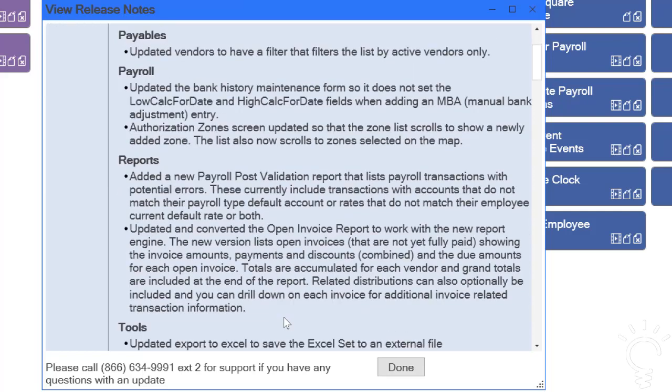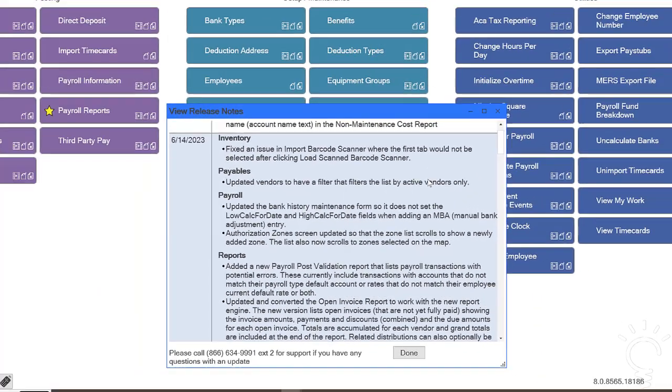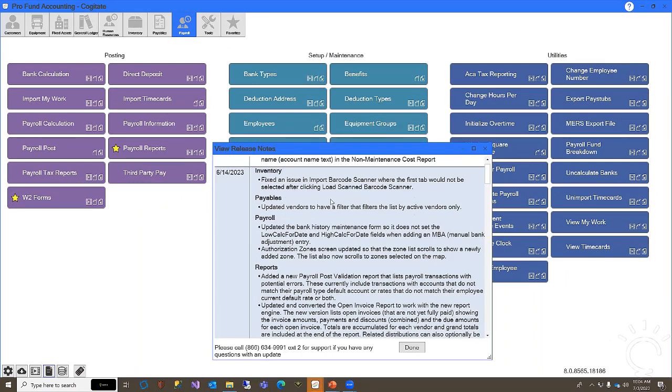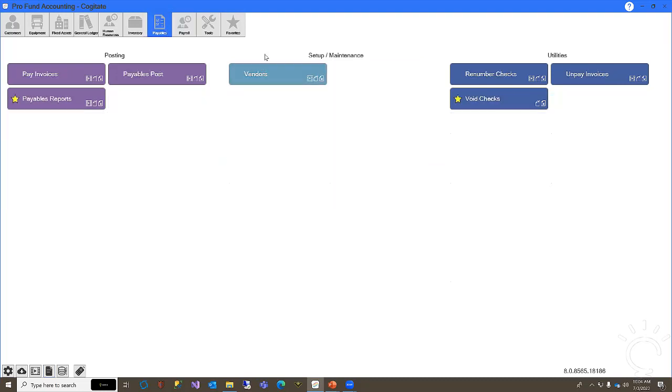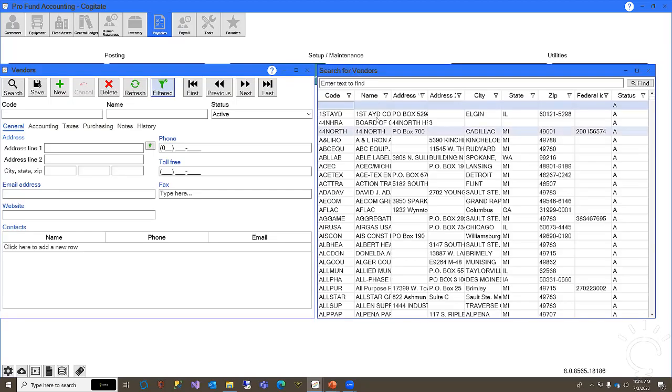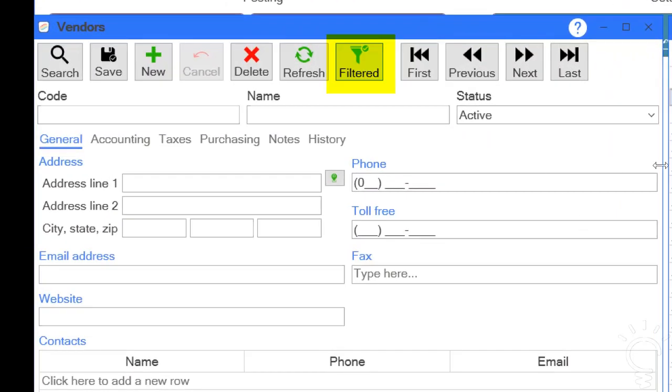Then the biggest other thing we did was in the payables: we put a filter on the vendor list. This caught people by surprise, but it's where we're heading going forward. So if I go into payables and go to my vendors list, what pops up by default now is only active vendors. The status of A is all you're going to see in my vendor list. If you do need to see a vendor that isn't in A, we put the filter on this button called filter. You notice it's dimmed right now. If you click it,